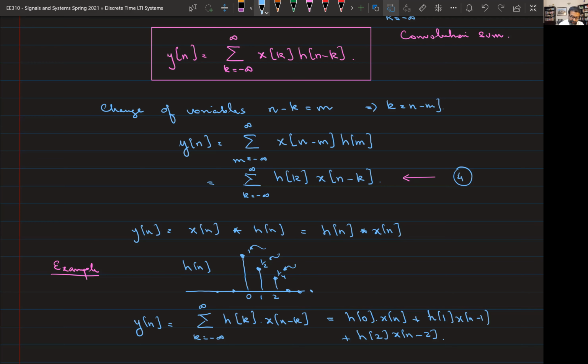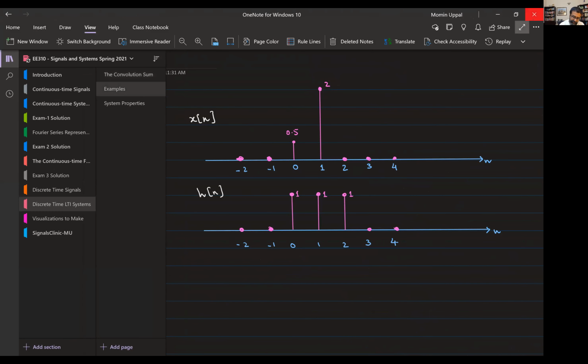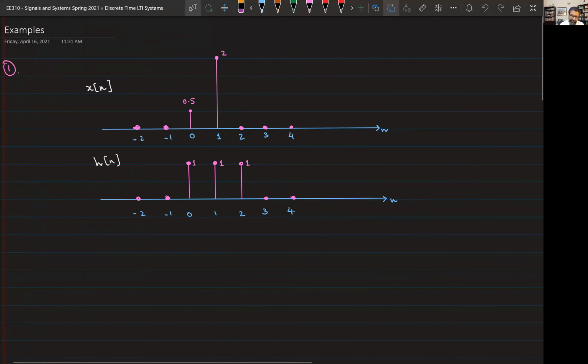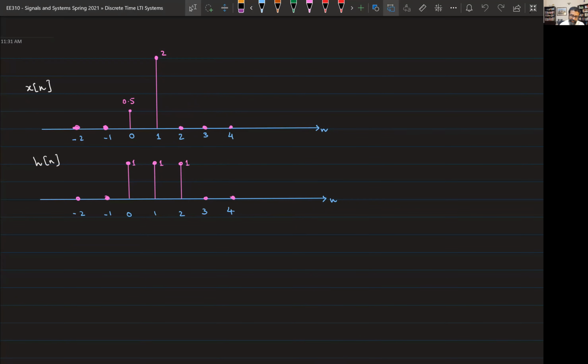Okay, so I think I have a separate section on examples here. Right, so this is example 1, right? I have x of n, and I have h of n, which is equal to these 3 impulses residing at 0, 1, 2. Okay? X of n at time n equals 0 is 0.5, at time n equals 1 is 2. And I wish to compute the convolution of these 2 signals, right? So how do I go about this? I just look at what the